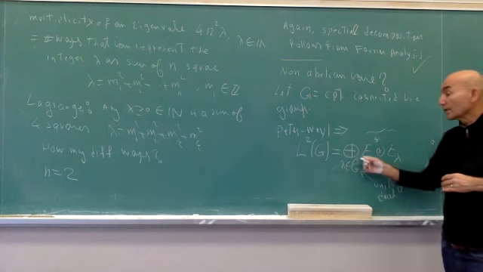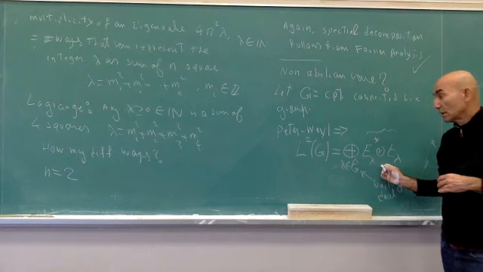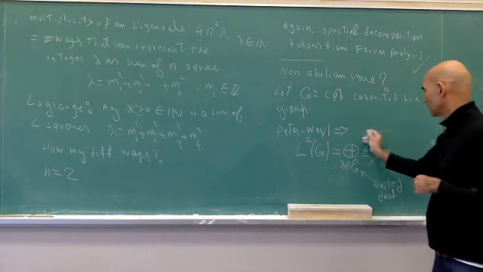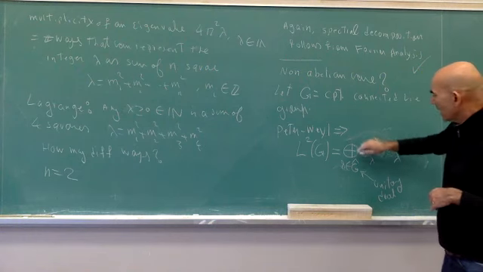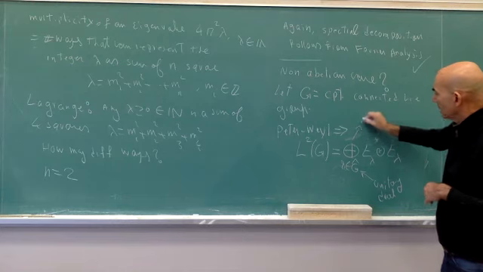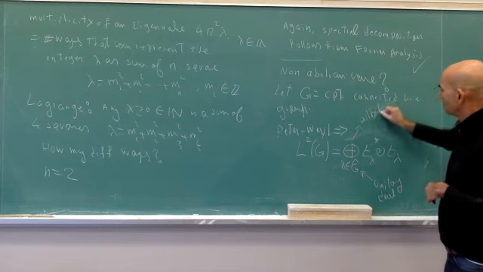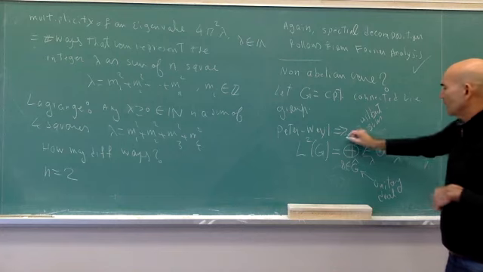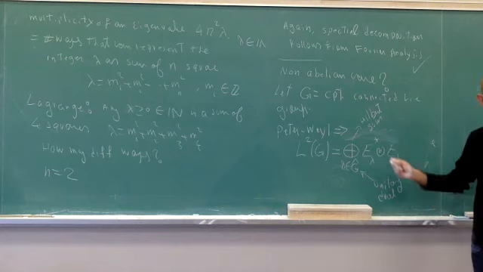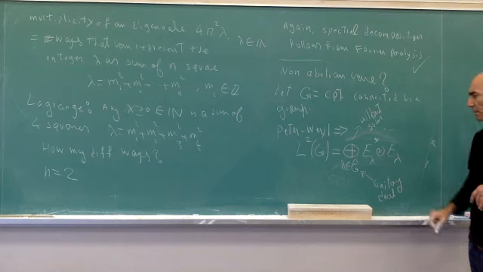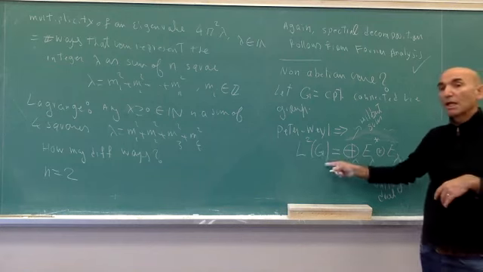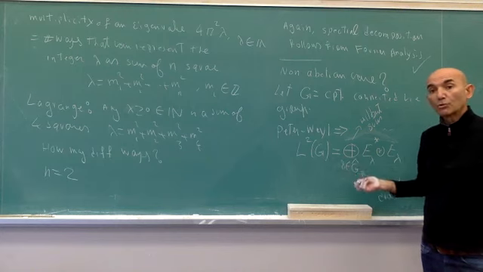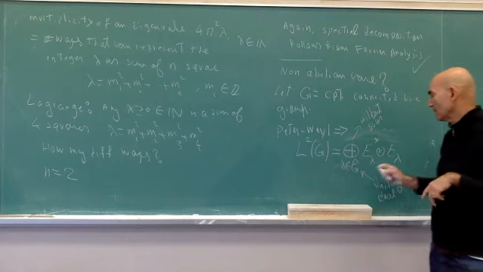But the thing is, this is an orthogonal decomposition. Maybe I should say you have to complete it. So this is a Hilbert space sum, a Hilbert direct sum. I don't want to put another bar here, which would look ugly. Anyhow, this is a decomposition of L2 of G into orthogonal functions. So you have got some God-given orthogonal functions, almost God-given, because still you have to choose a basis.